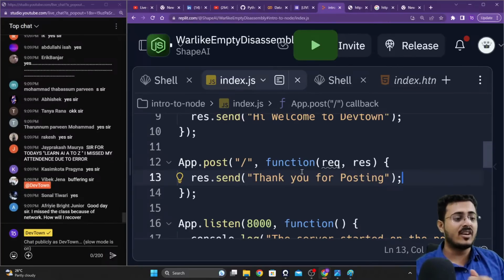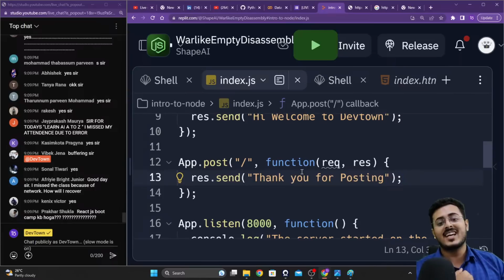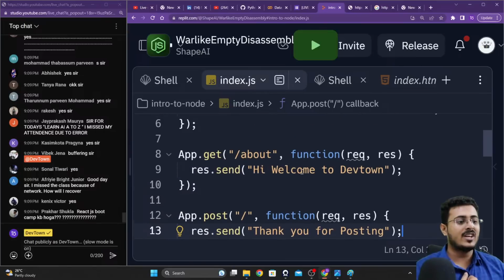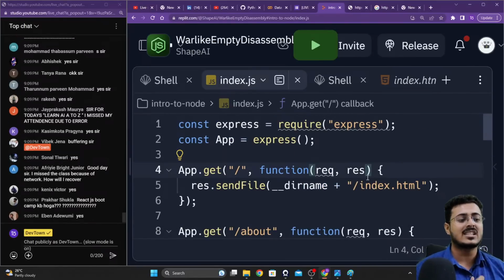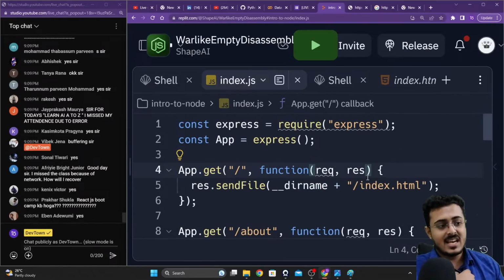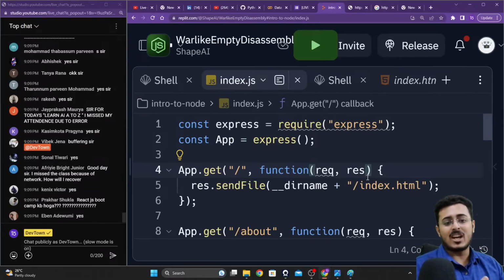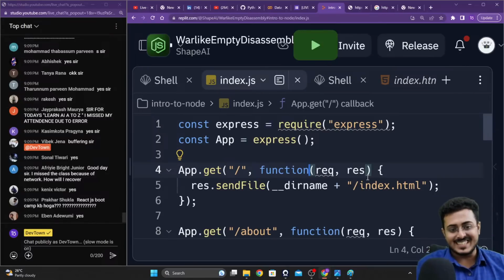First, we need to convert all this into something called an anonymous arrow function, guys. Up till now, we were using an anonymous callback function. All these functions are called anonymous callback functions, guys. Right now, we need to learn about something called an anonymous arrow function. Now, what is this arrow function? This is the latest type of function that exists basically.